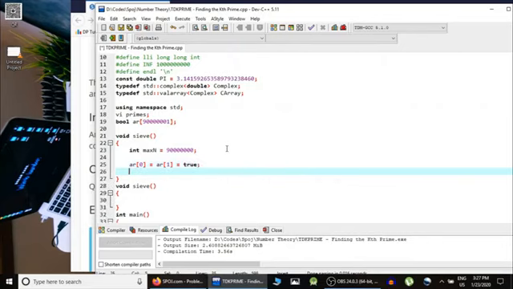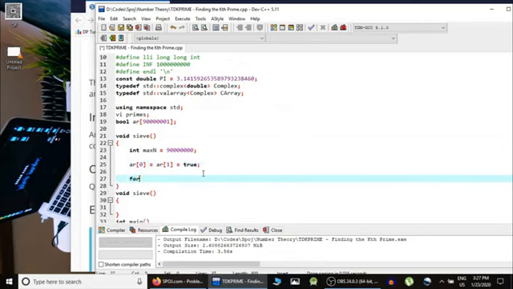In this case, what we are going to use: if the ith index is false, it is a prime. If the ith index is true, then it is not a prime. So 0 and 1, at index 0 and index 1, I have saved true because 0 and 1 are not prime numbers. So we would start from 2 and go till square root of max n,